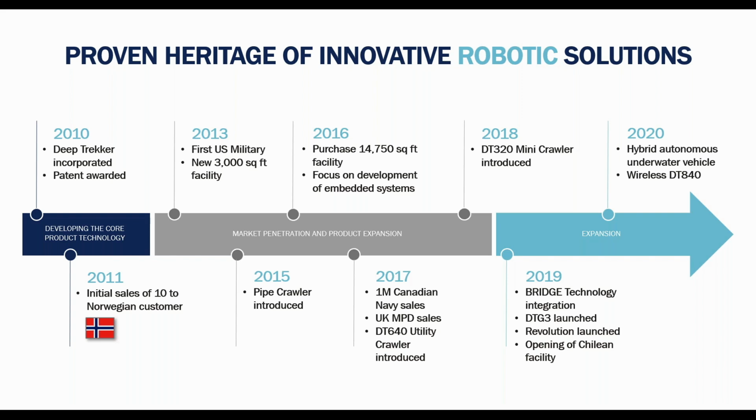In 2015, it was our first line expansion. We introduced our pipe crawler. We'll be talking about our products here. And in 2016, moved into the facility we have now, 15,000 square foot right here in Kitchener, Ontario. And yes, we do all of our manufacturing in Canada. 2017, the Canadian Navy followed on with our first $1 million sales. Any company will tell you that,